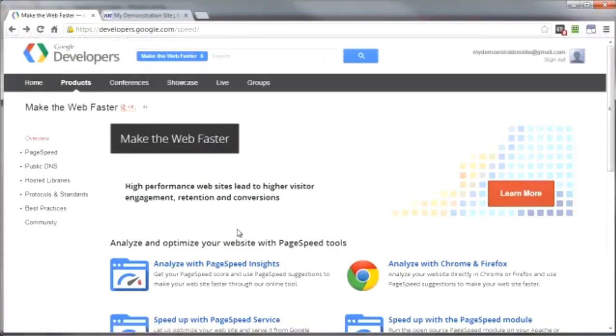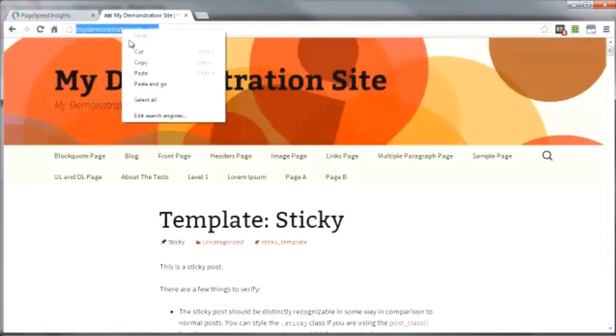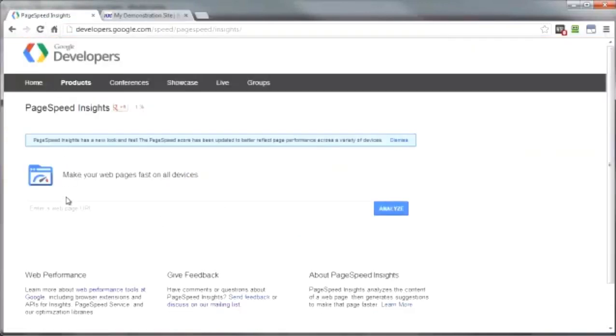Come on back here and click on Analyze with PageSpeed Insights. And right here is the online tool I was referring to, and I'll show you the add-on or the plugin section here in just a second. Let's go ahead and test my site. Copy the URL, paste it right in here, click on Analyze,